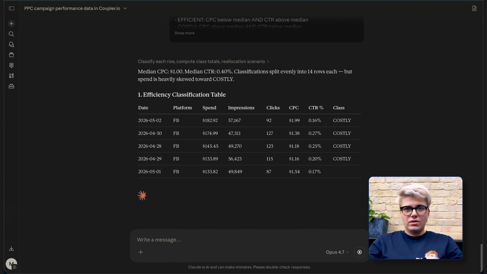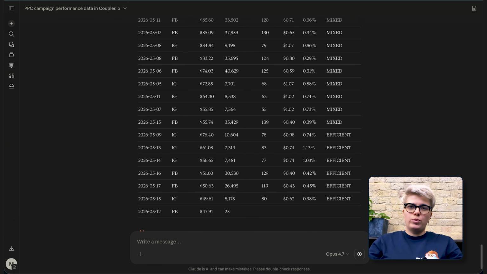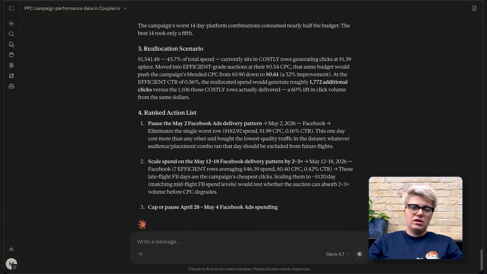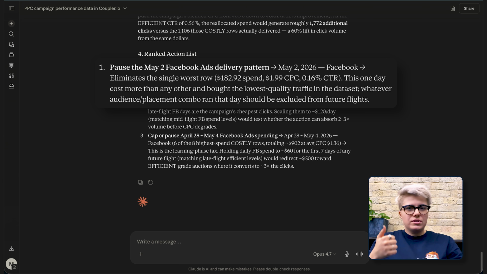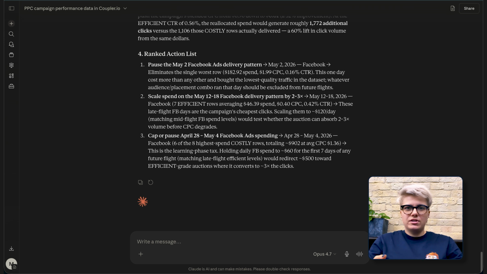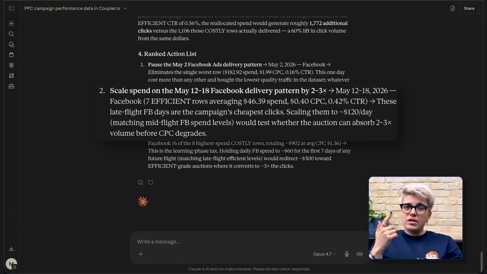And this time, Claude tells us we need to do the following. Pause the costly cluster first. It's burning the largest share of the budget at below median CTR. Scale with a modest budget increase, only when efficient rows are stress tested to make sure they can absorb extra spend without CTR degradation. So with just 3 structured prompts, I went from raw Facebook ads data to a ranked